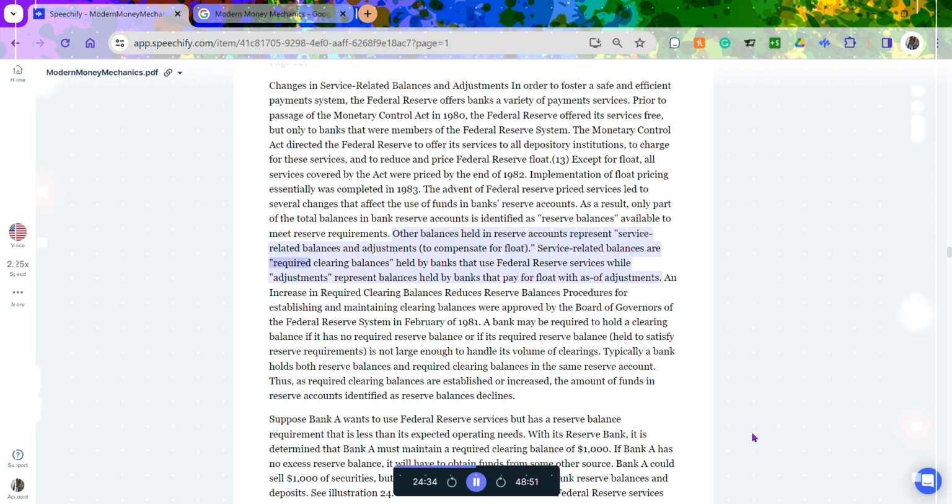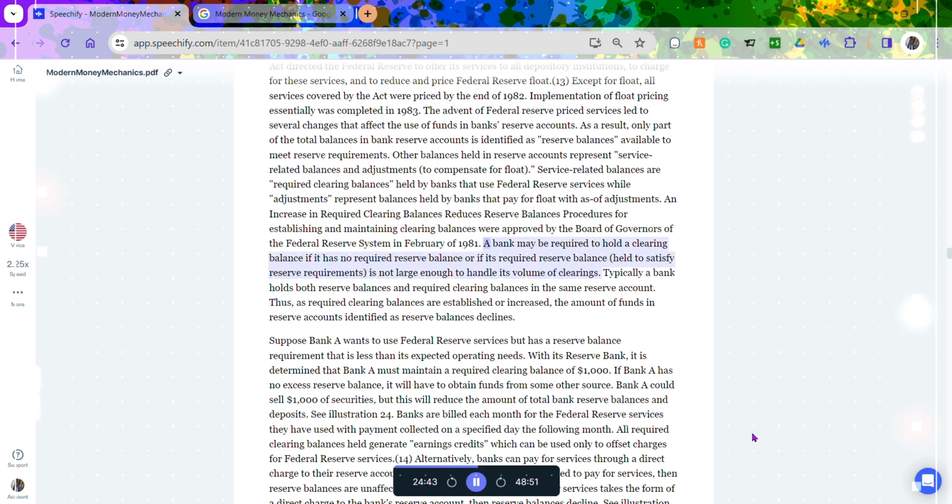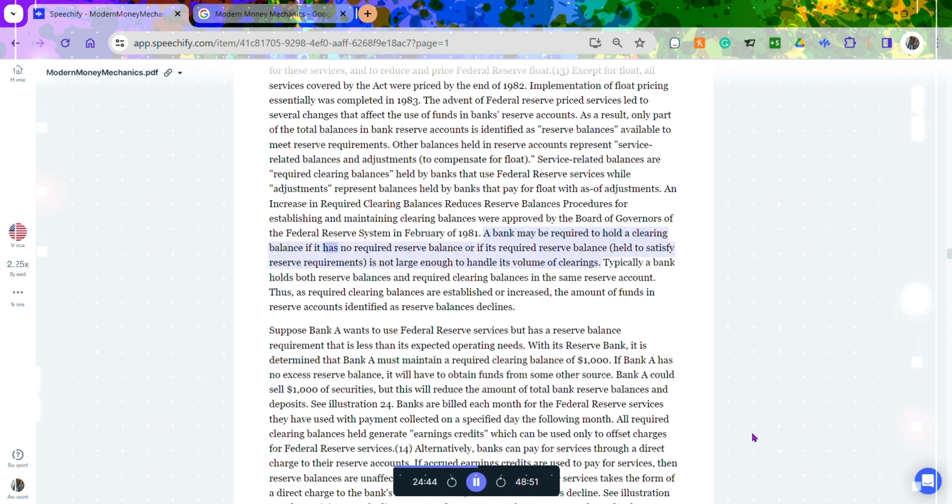Service-related balances are required clearing balances held by banks that use Federal Reserve services, while adjustments represent balances held by banks that pay for float with as of adjustments. An increase in required clearing balances reduces reserve balances. Procedures for establishing and maintaining clearing balances were approved by the Board of Governors of the Federal Reserve System in February of 1981. A bank may be required to hold a clearing balance if it has no required reserve balance,